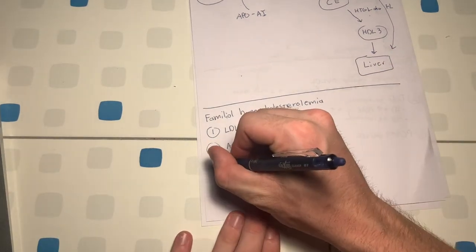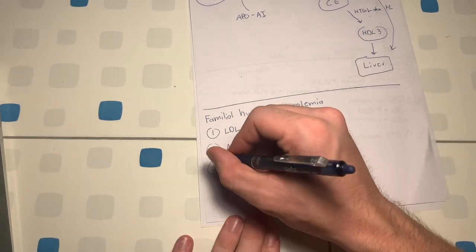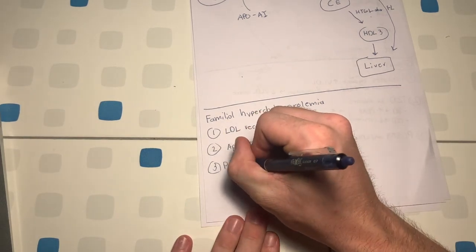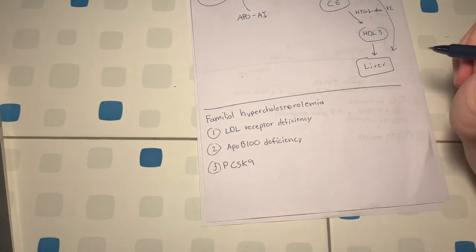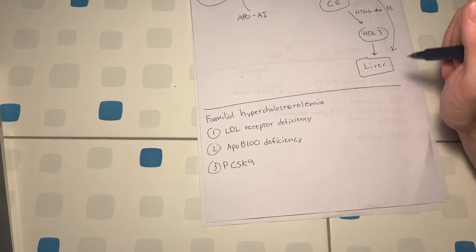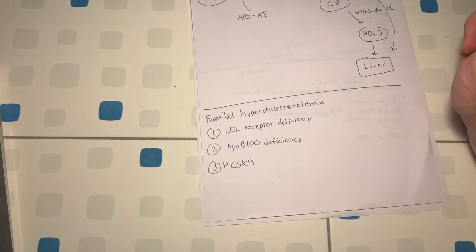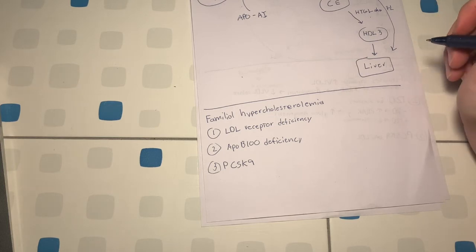Lastly, we can have familial hypercholesterolemia by a defective PCSK9 enzyme. Now remember that PCSK9 was used to inhibit LDL receptors. Now, LDL receptors